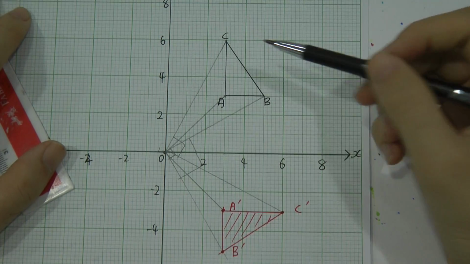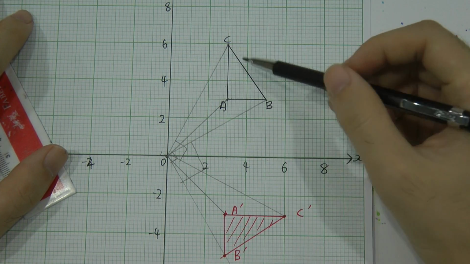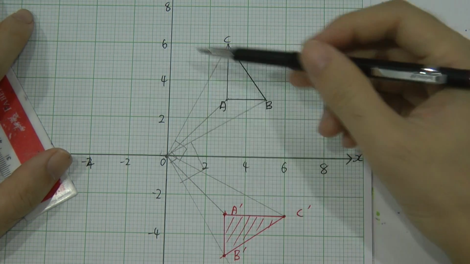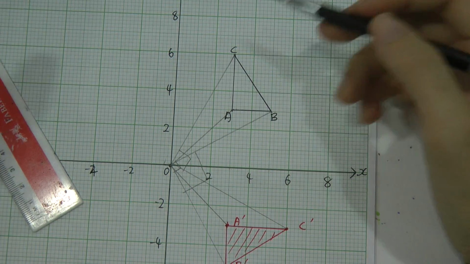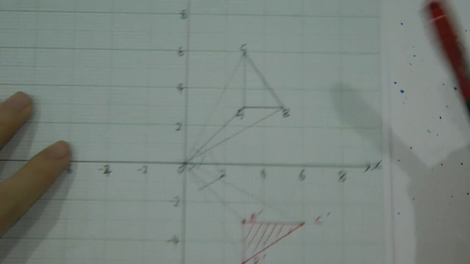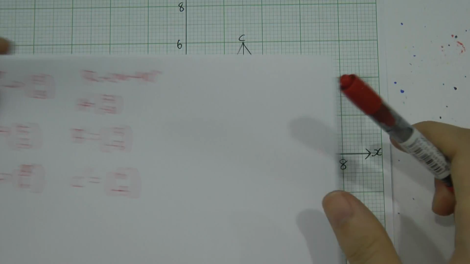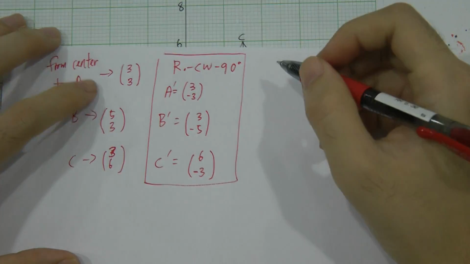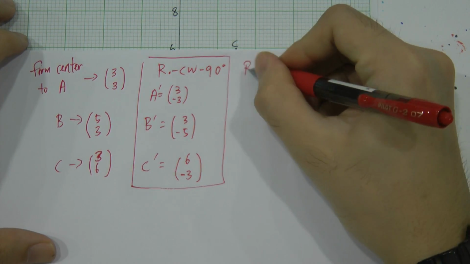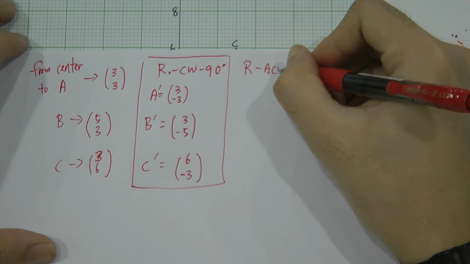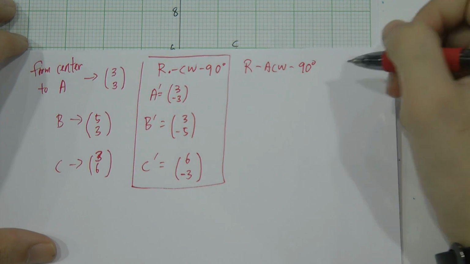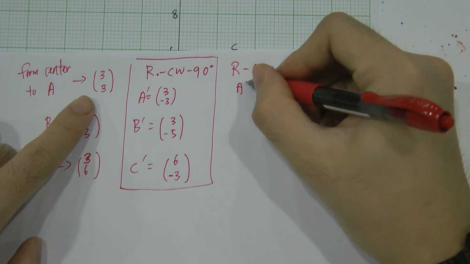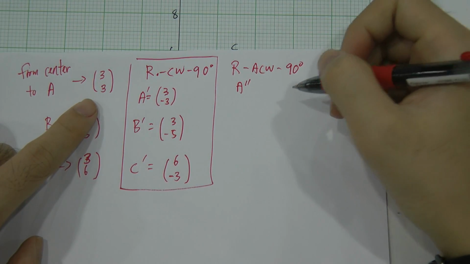Alright. Now let's say this is the object again. Let's say we rotate anti-clockwise 90 degrees. So now the new case is over here. Just ignore this one. Now we do the rotation anti-clockwise 90 degrees. So I say anti-clockwise, what happened is the new image of A, I put 2 dots for the new image of A,